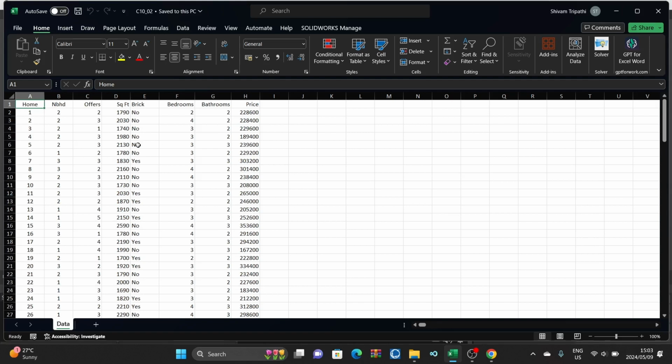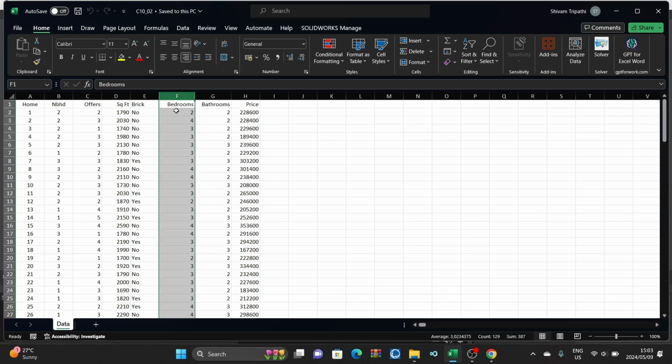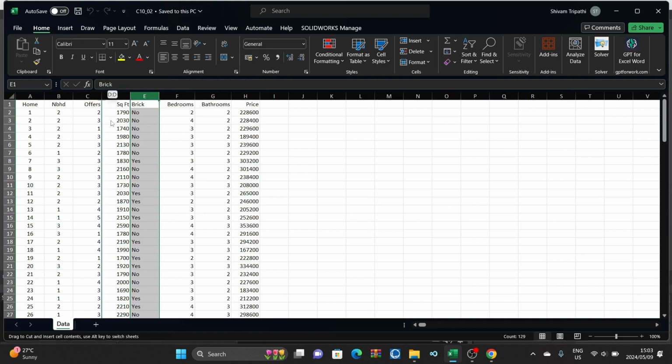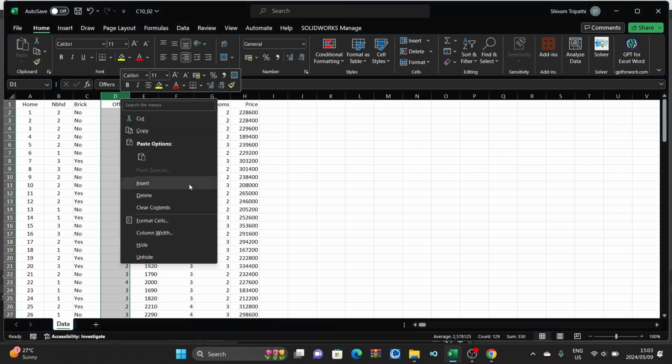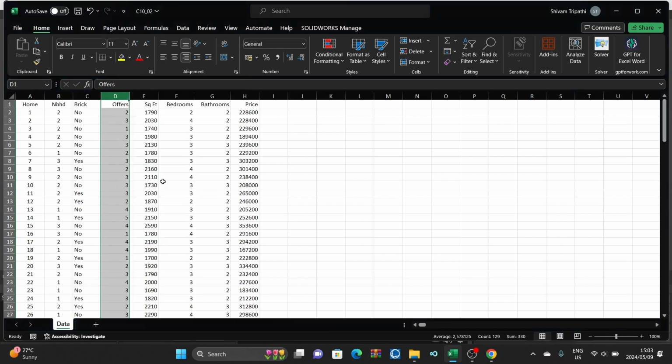First we want to sort out this data set so we can have our proper analysis. The first thing I'll do is replace yes and no with ones and zeros for the brick column. I'll select the brick column and move it to this side, next to neighborhood. Then I'll insert a column